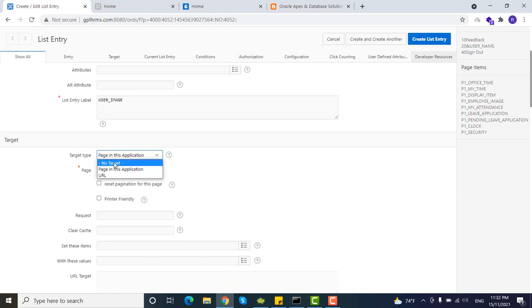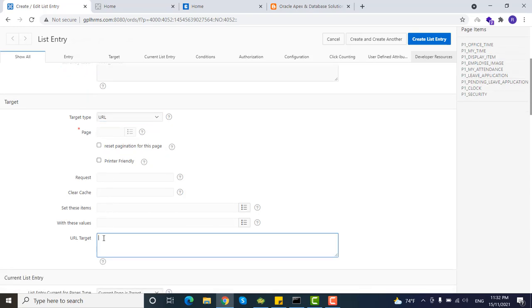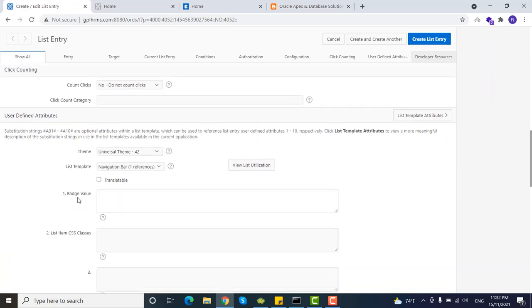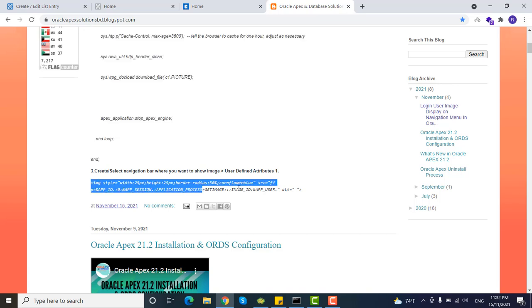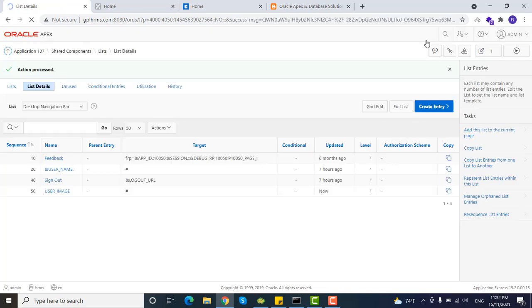From target type, we need to select URL, and the URL target is hash. In the badge value section, we need to add this line. Create list item.